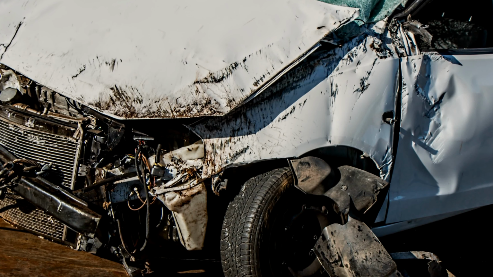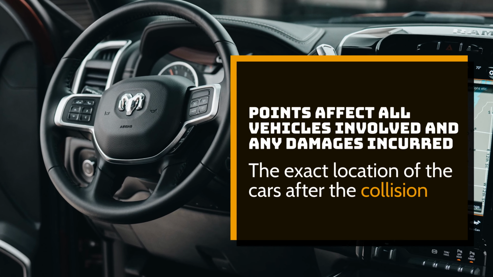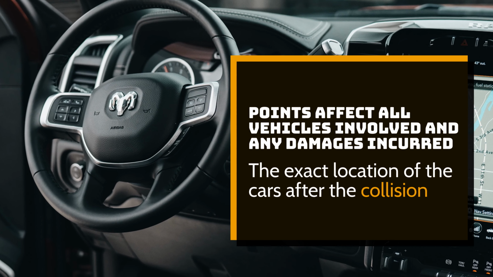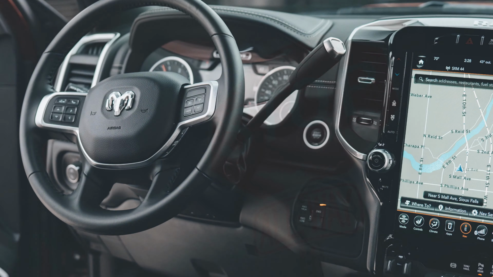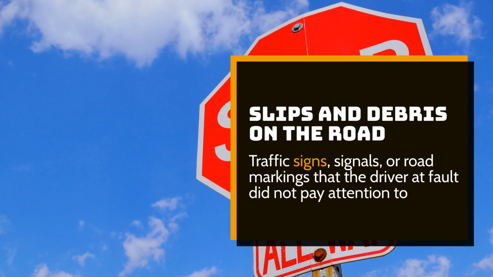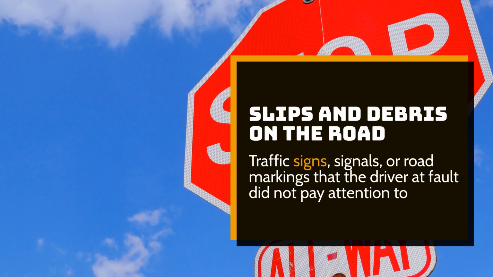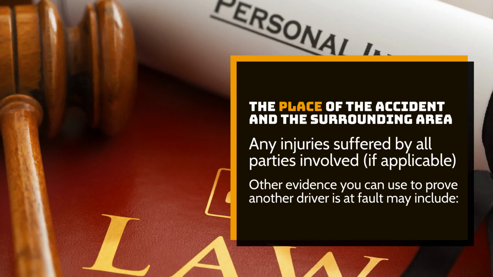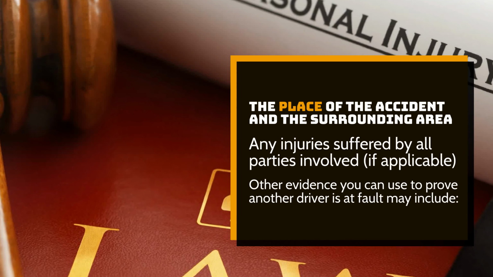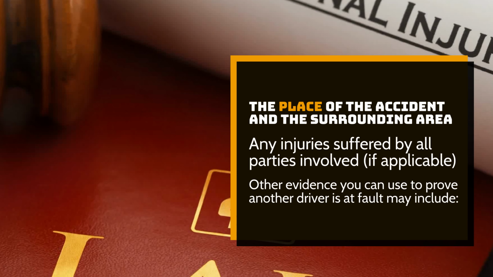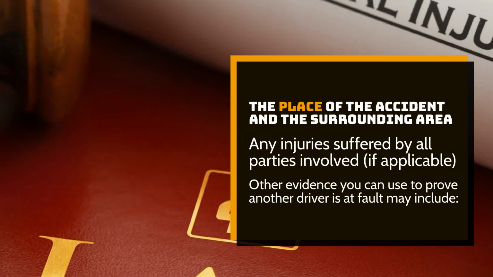Immediately after the accident, you must obtain clear photographs of points of impact on all vehicles involved and any damages incurred. The exact location of the cars after the collision. Skid marks and debris on the road. Traffic signs, signals, or road markings that the driver at fault did not pay attention to. The place of the accident and the surrounding area. Any injuries suffered by all parties involved, if applicable. Other evidence you can use to prove another driver is at fault may include